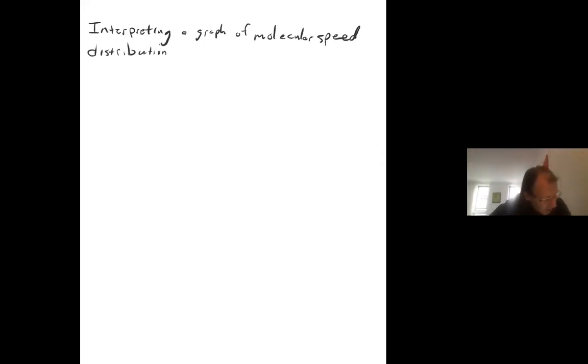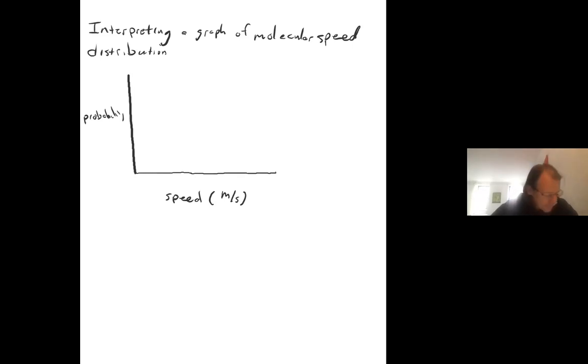Okay. So it's very common when we're talking about gases to represent the speeds of these gases using a graph. So let me show you how you would do that. Typically, we have speed on the x-axis, and the speed could be in different units, but typically it's meters per second. And then on the y-axis, on the vertical axis, we have probability. And then the distribution might look something like this. Typically, it comes up and it's skewed to the left. So it looks something like this.